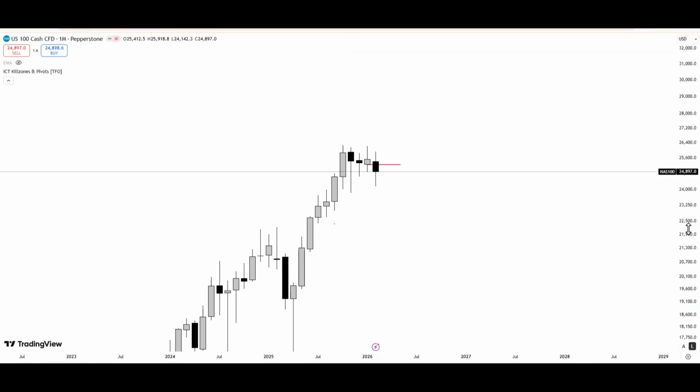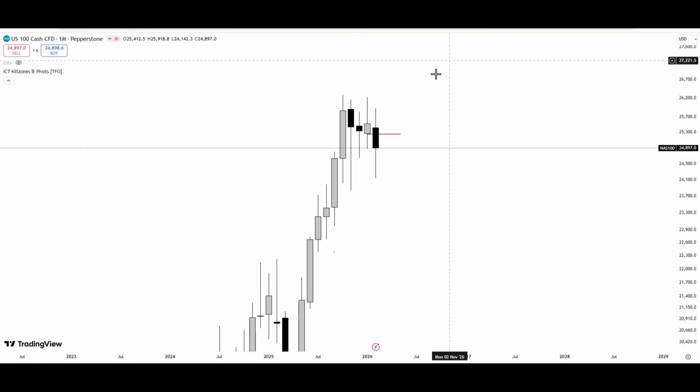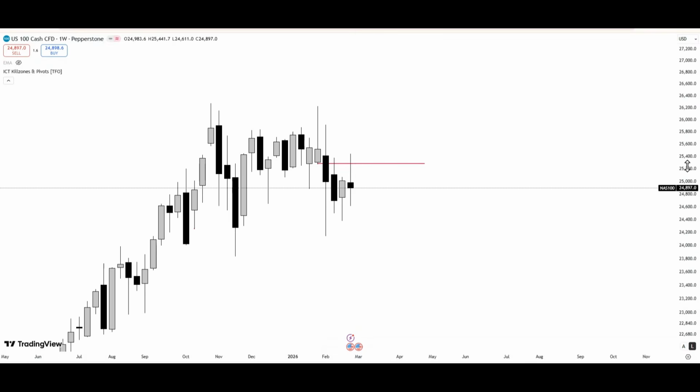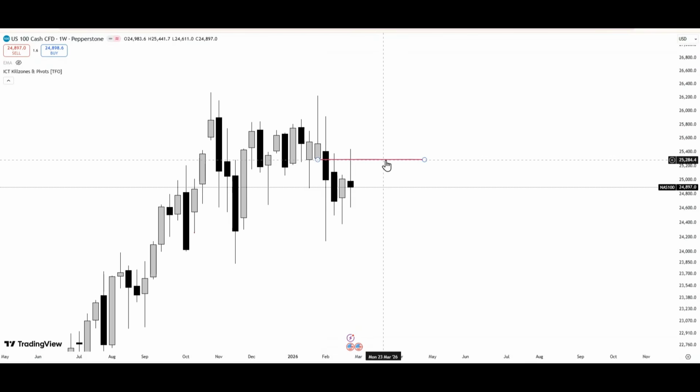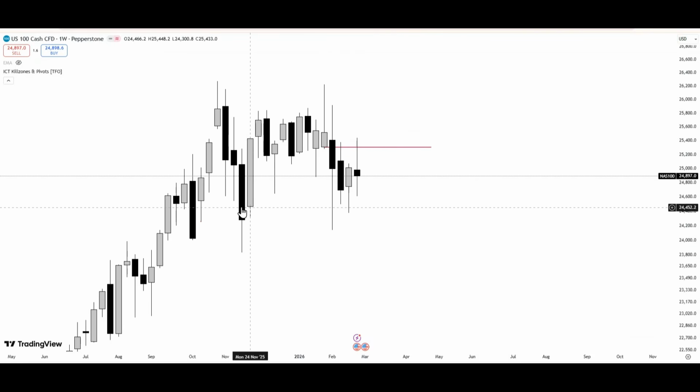So let's look at NAS 100. From the monthly time frame, you can see it closed as a bearish month, and so far we have this bearish order block formed. That's all we have. So on the weekly time frame, NAS 100, you can see price actually last week tagged this order block, and so far this is all we have. Of course, you can still see we are still in this range. Price is not yet completely out of this range here.